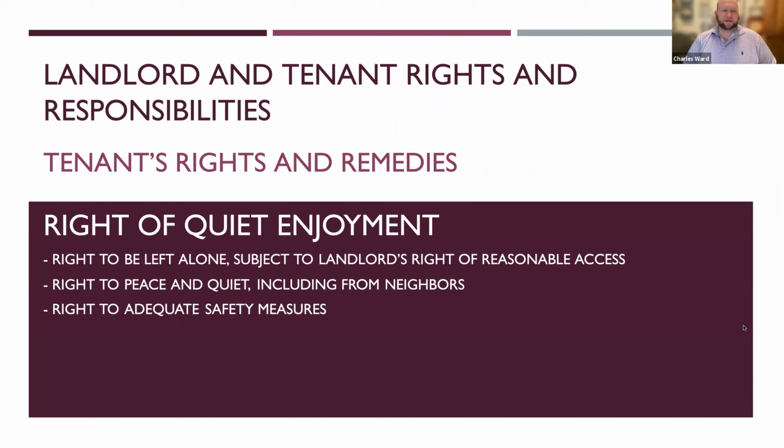So the locks, keys, whatever may be reasonable under those circumstances. If it's a big apartment building, perhaps there need to be extra security measures so that people who aren't tenants or guests, or don't otherwise have a reason to be in the building, don't get in. Right to access to basic utilities: electricity, heat, running hot and cold water, unless there's a dry cabin situation or something like that.